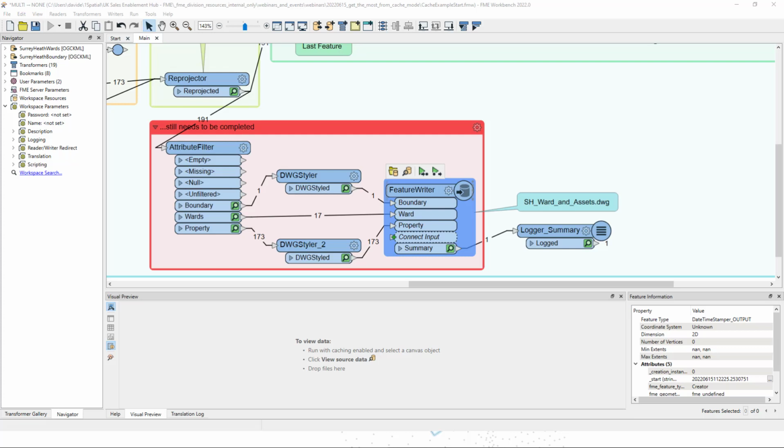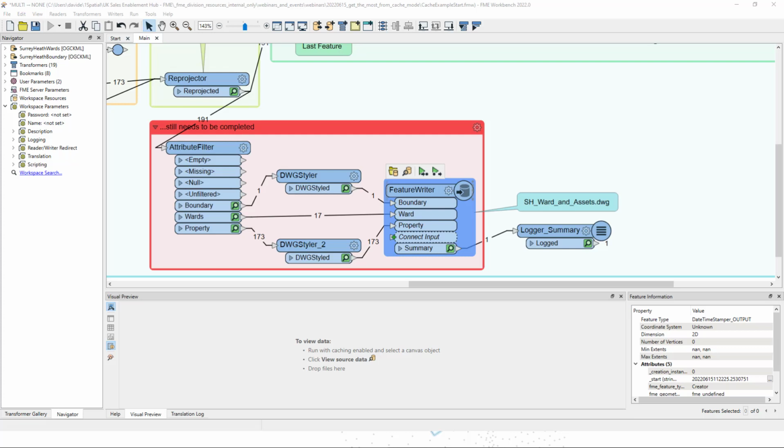Okay, there's a few important peripheral points to make about cache mode as well, and it's important to touch on those now before we get to the end of this session. The first is that feature caches are portable. What I mean by that is that if you have a workspace that's connected to a database like Oracle, and you want to send the workspace to somebody that doesn't have connectivity to that database, or perhaps like me, your data's online, but you need to move your process to a machine that is offline to do some